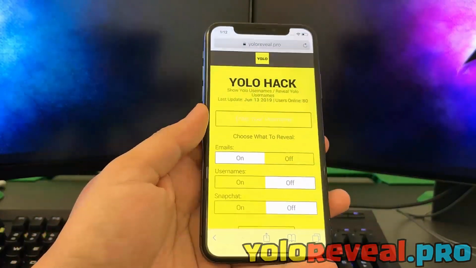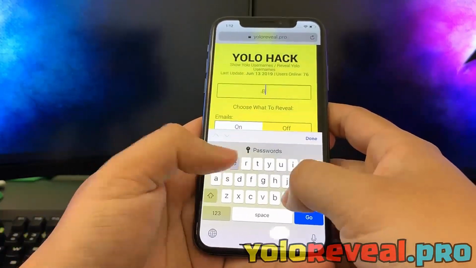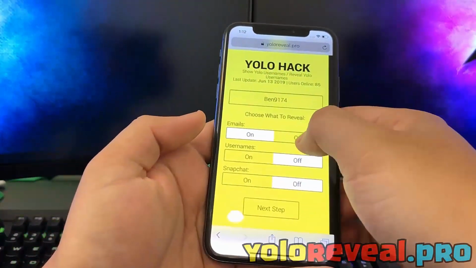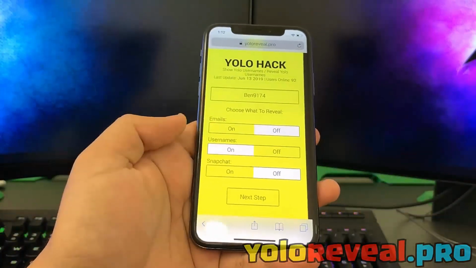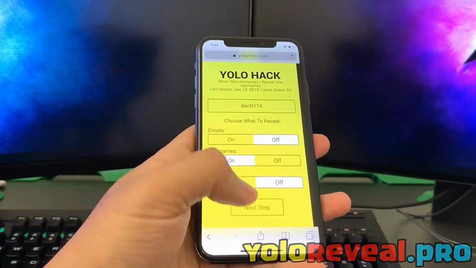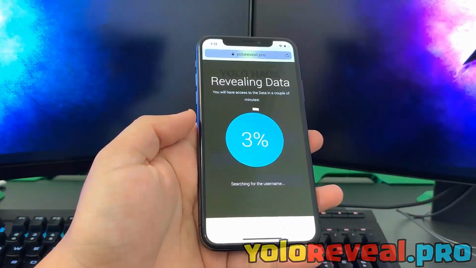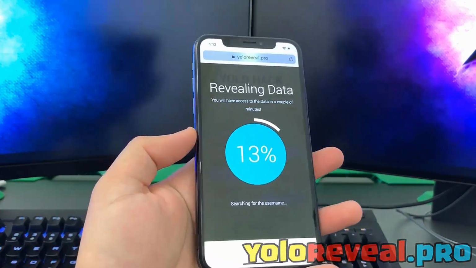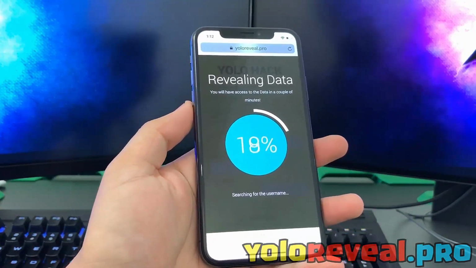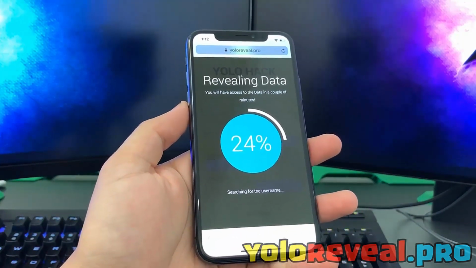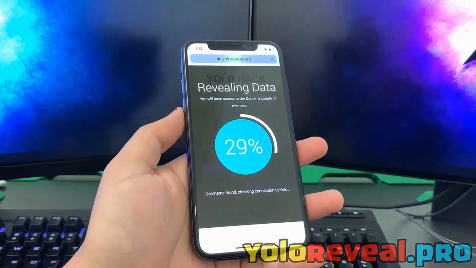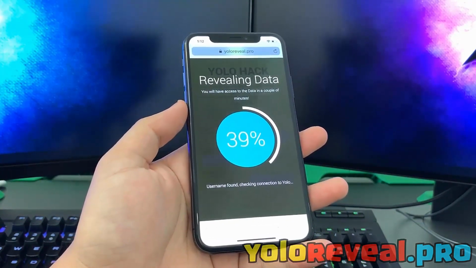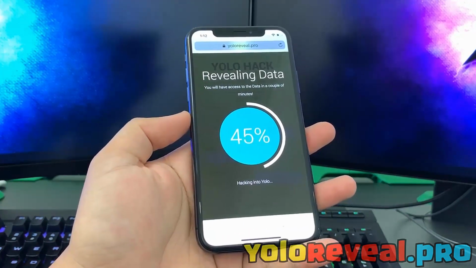And first, you're going to want to type in your YOLO username, which I'm going to do right here. And then you can select if you want emails, which I don't want. Obviously, I want usernames on so I can see their usernames, and then I can hit next. And now what it's going to do is connect to the YOLO database and fetch my account. And then once it gets to my account, it's going to reveal all of the names of people who have ever sent me messages. And then that way it can get that token to reveal the names once this process